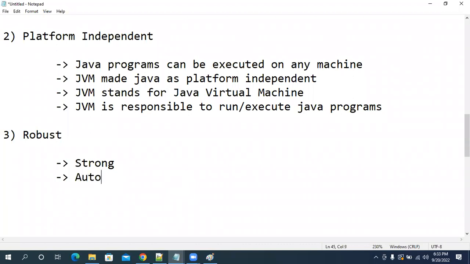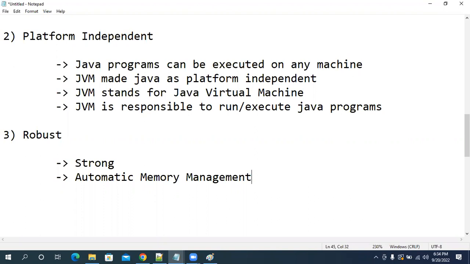First one is automatic memory management. What is the first one? Automatic memory management. In order to run the Java program, how much memory is required? I no need to specify that. JVM is intelligent. JVM will allocate the memory required for executing our program.